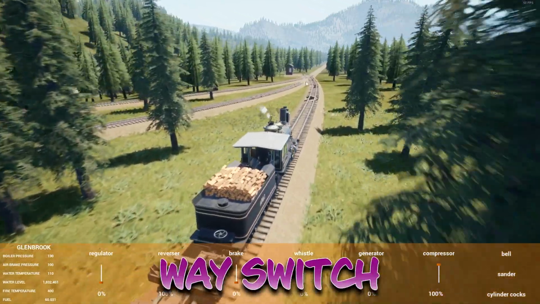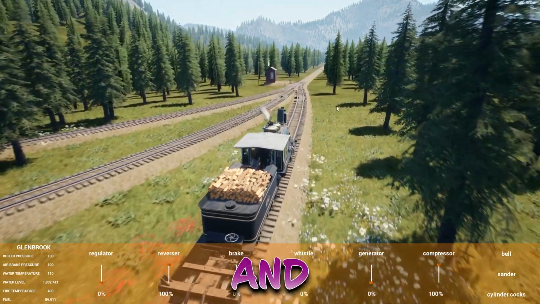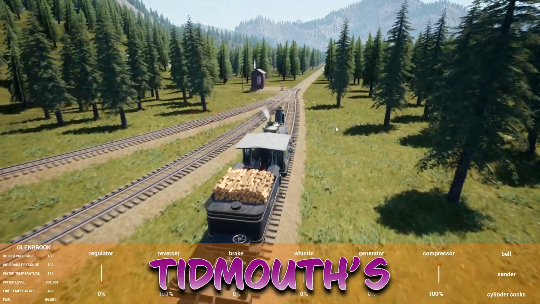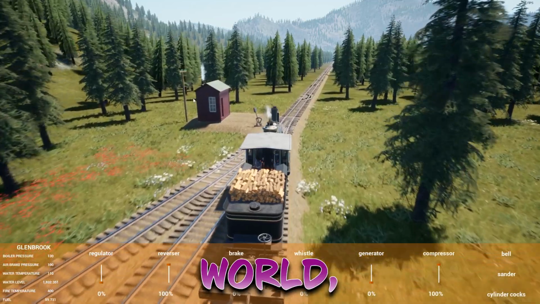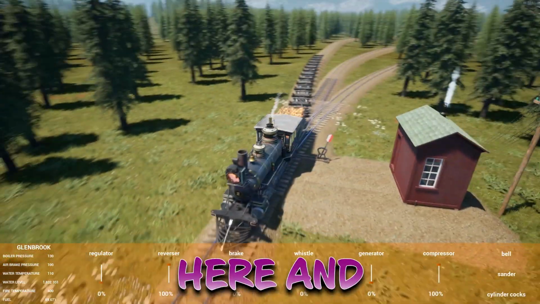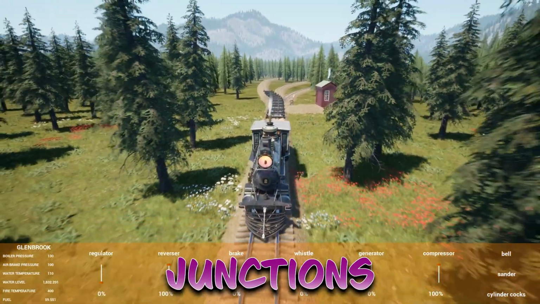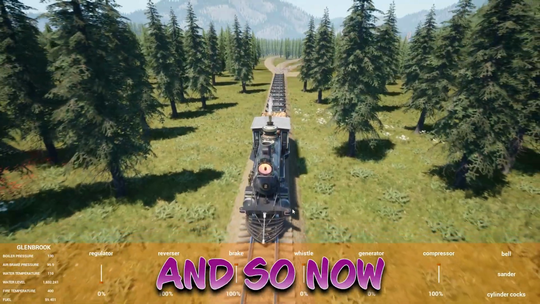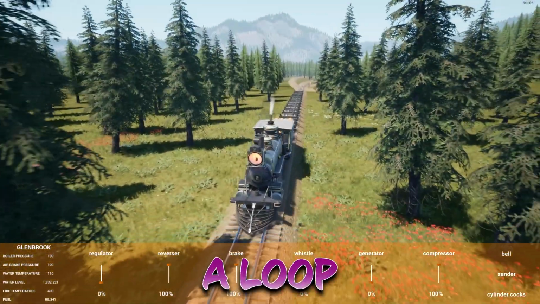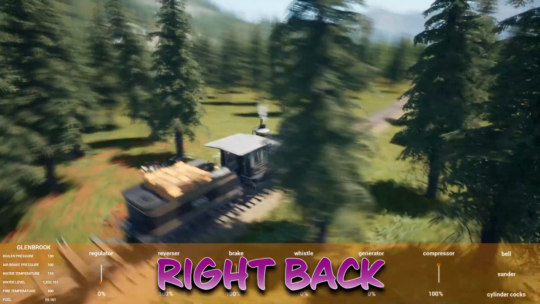And I put a three-way switch right here. And following along with Tidmouth's plan that he kind of does in his world, I put a telegraph office here, and I'll do that at all the major junctions that I remember to do that at. Alright, so we'll go full brake. And so now we have a loop that goes and gets beams and then heads right back to the freight